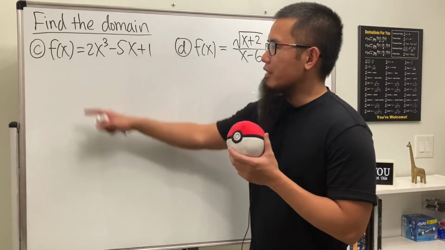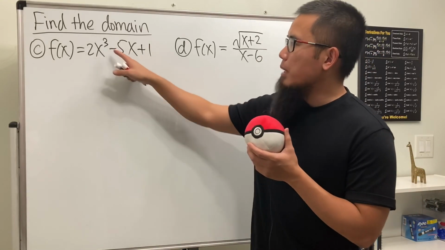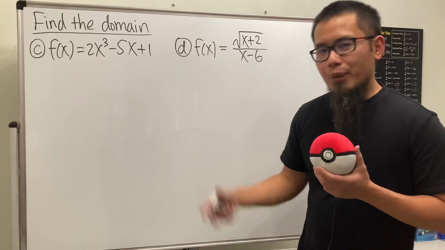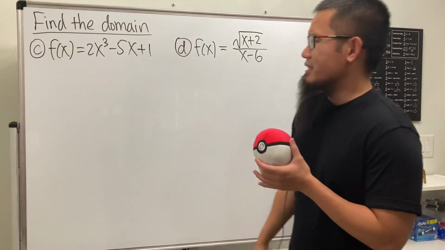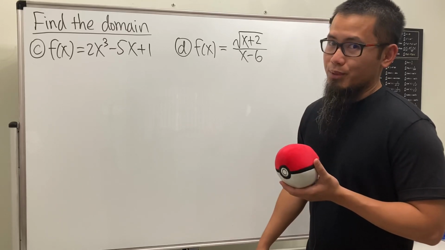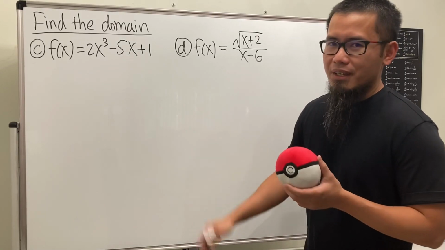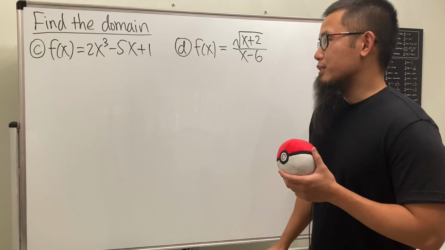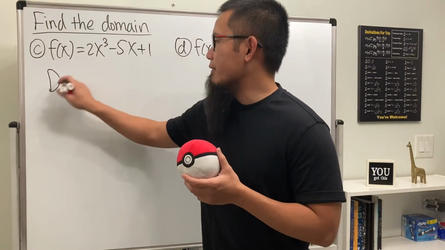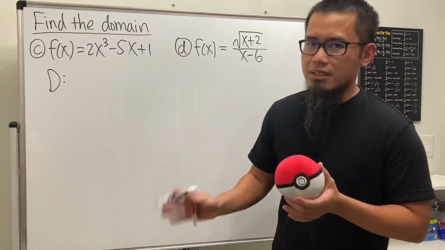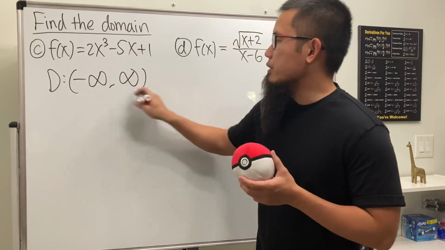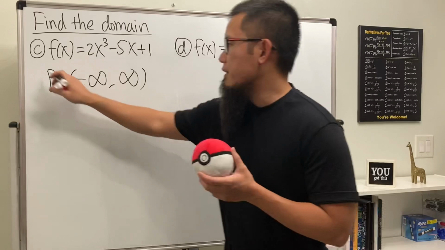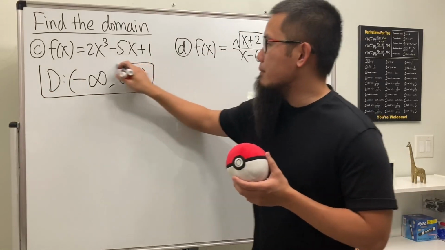Okay, for part C, we have f of x is equal to 2x to the third power minus 5x plus 1. We see that there's no x on the bottom, so that's good. And we also don't see x inside of the square root. That's also really good. And none of the even number roots either, right? So in fact, this right here, we don't even have to do any computation. This is the conceptual equation. The domain is just all real numbers, so we can just put negative infinity to positive infinity, and that's it.